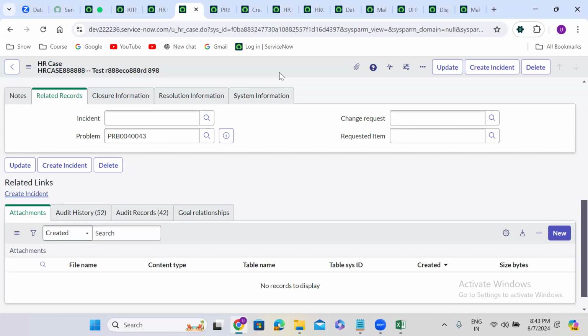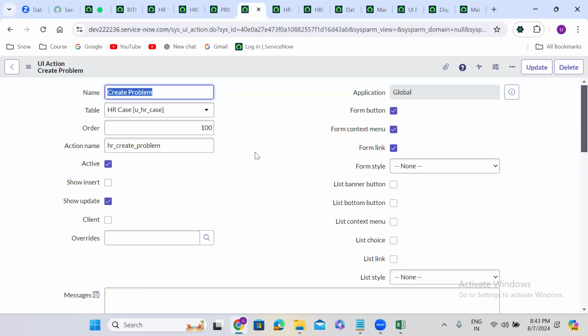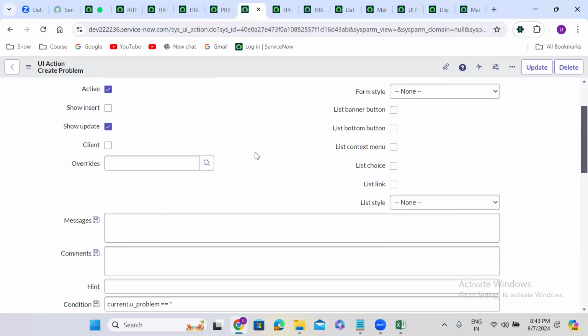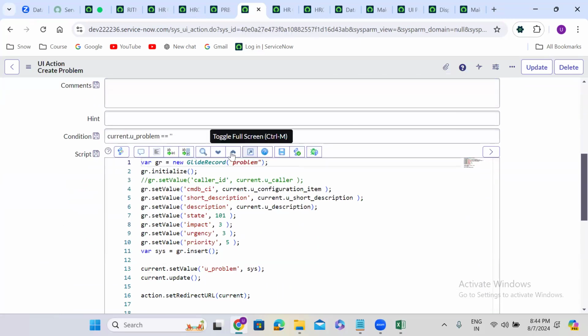Uday, only one confusion is client side, server side, right? There sometimes I am getting confused actually. It is as simple as it is, Vamsi. If it is something related to database, creating the record, updating the record, filling records, you have to go for server side UI action. If it is not related to database, tomorrow you will come to the conclusion. Okay. So if it is not something related to the database operation, then it is a client side